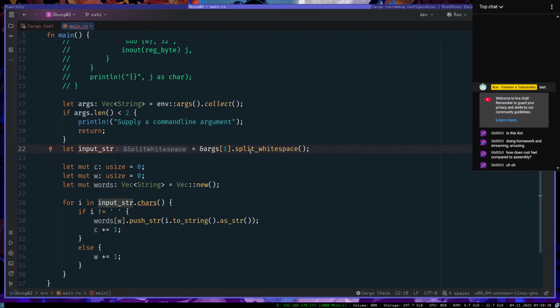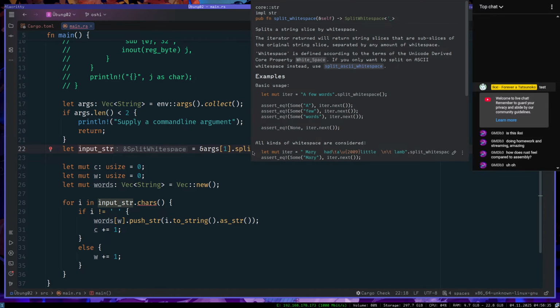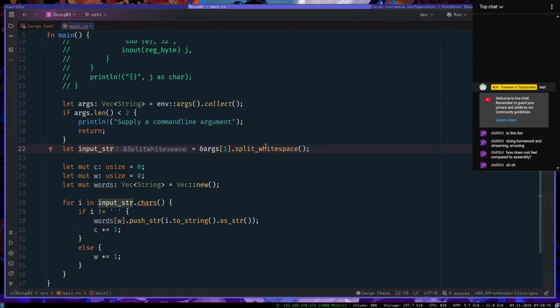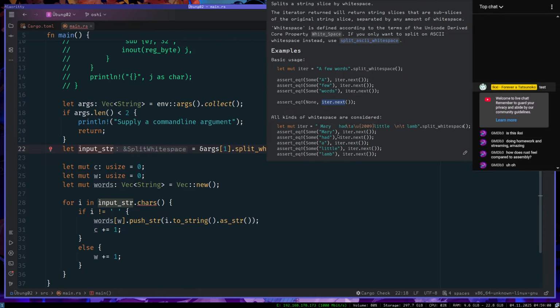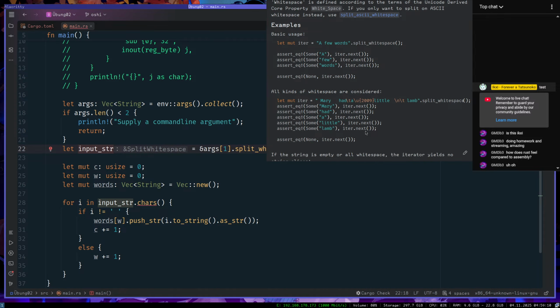Wait, and split_whitespace. All kinds of whitespaces are considered. Okay, okay.